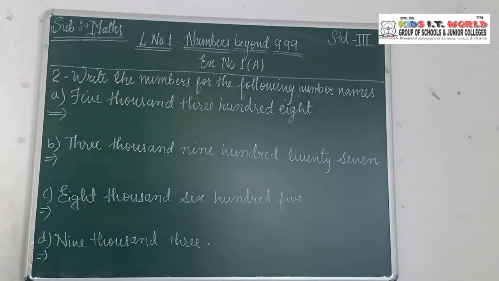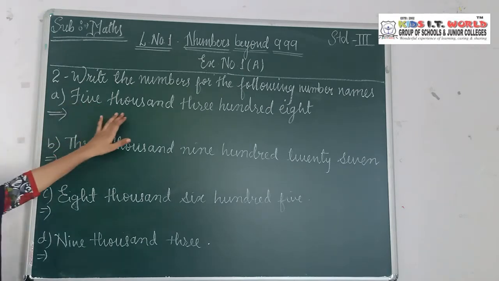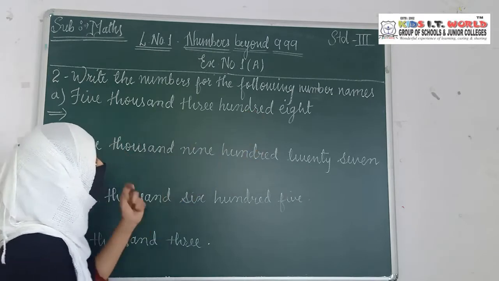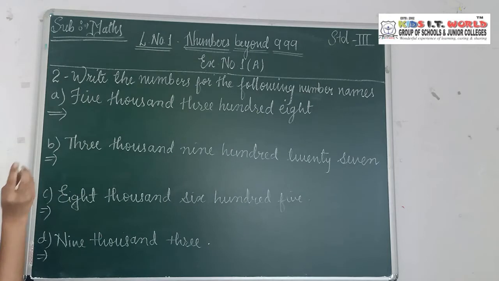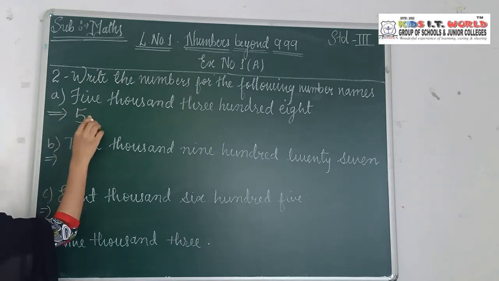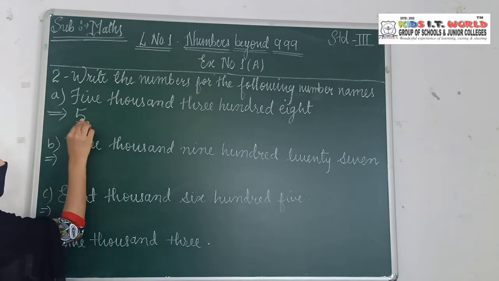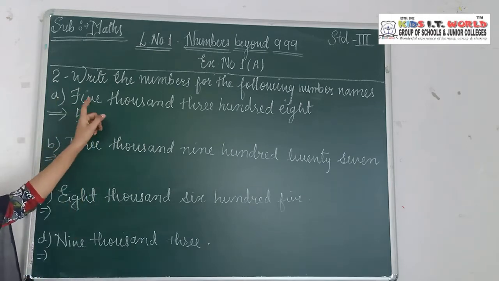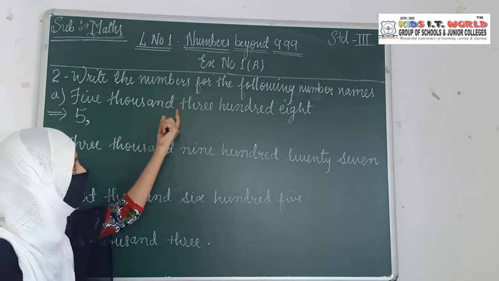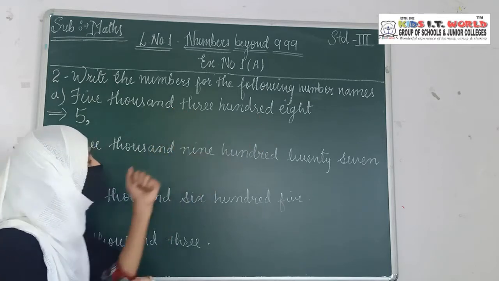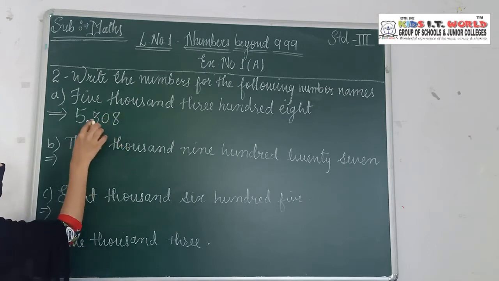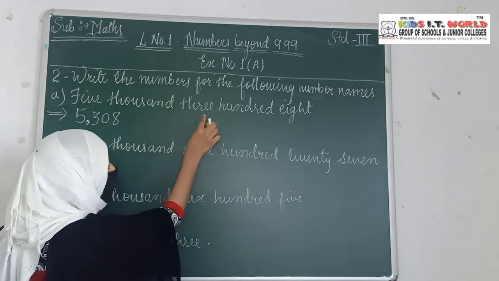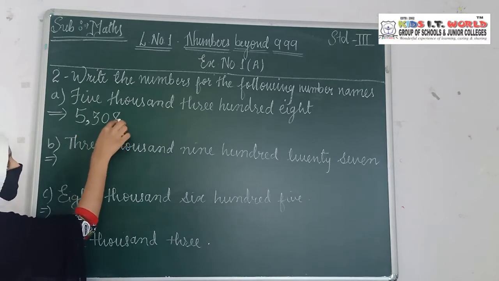So here the first one is 5308. Here the period or the number is starting from the thousand. So we will write 5000. 1000 is a separate period. So after the 1000's value you have to put the comma. So it is 5000. We have finished till here. Now 308. In this way you have to first of all read it carefully and then write its value.